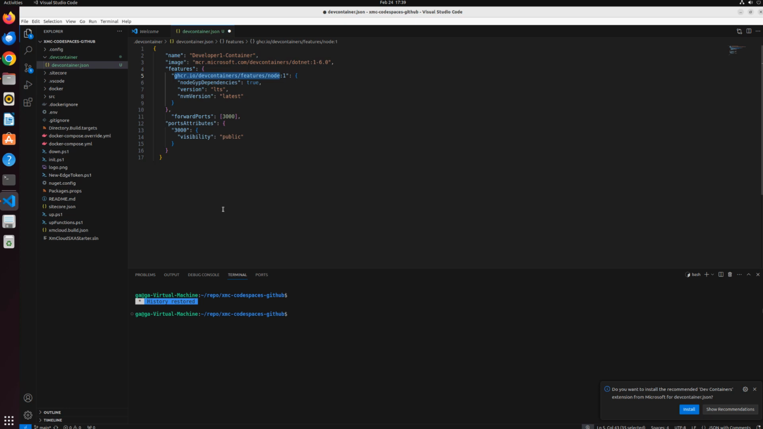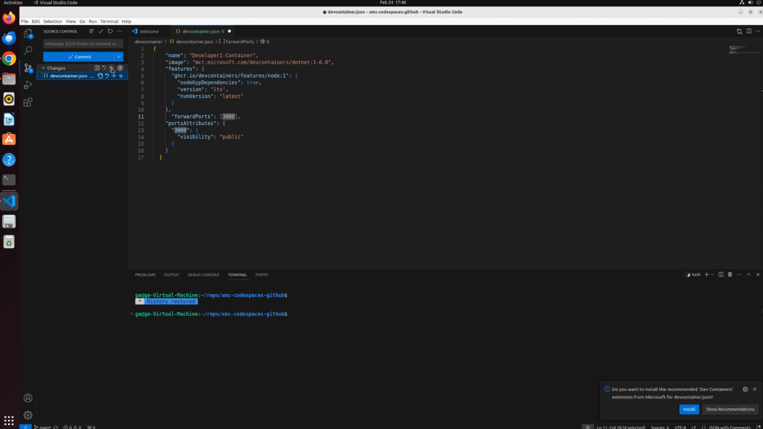To be able to get the preview, we need to use port forwarding, so from the outside or external network, we can access our Codespace development environment. We will use the default port for Next.js development, which is 3000, and we will configure it to be accessible from the outside. So that's it. We need to commit this to